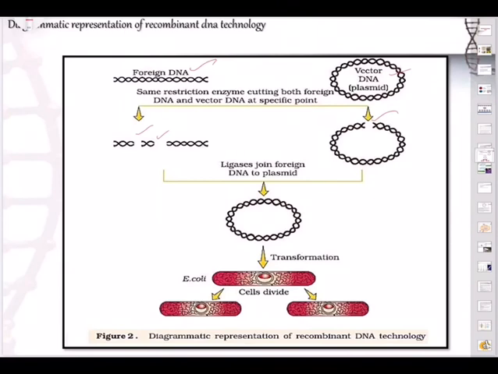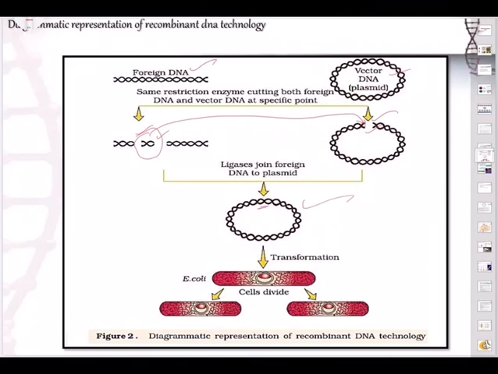Now the ligase joins foreign DNA to this. One of the pieces, like I am picking up this, is joined here. So when it joins here, you get an rDNA. Now what is it that we are doing? This piece has a desirable gene, what we wanted. For example, we don't want some genetic disease to happen to human beings, and this gene is responsible to cure that genetic disease. So what we do? It is a gene of interest, we say. This gene of interest is incorporated here, and once we get this rDNA, recombinant DNA with the gene of interest,